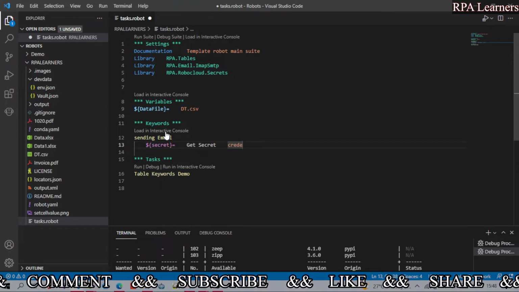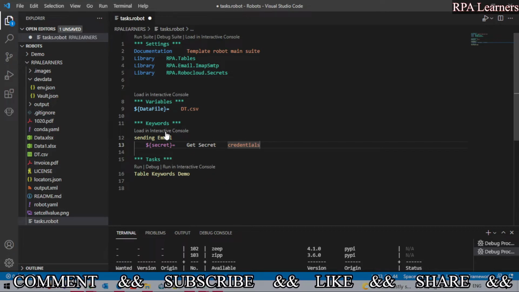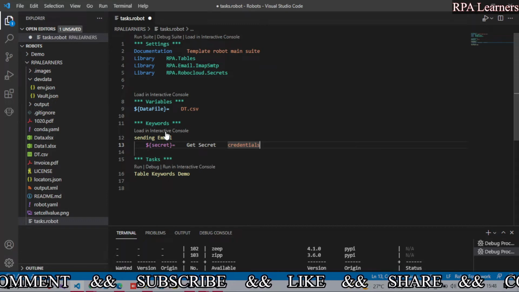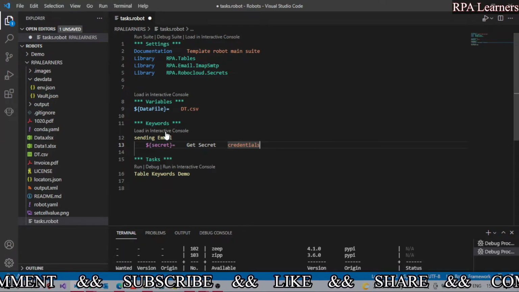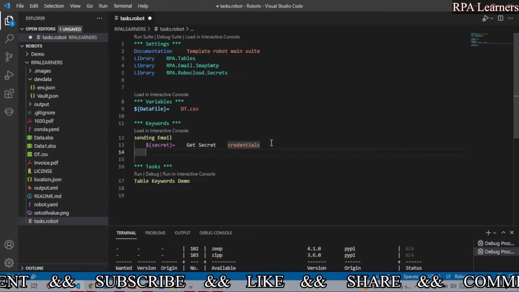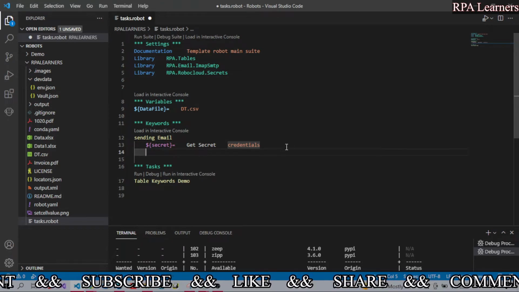In the JSON file, we used credentials, and now we have our dictionary of key value pairs, which holds the value of the username and the password as well. And then firstly, you need to authorize the Gmail, right?